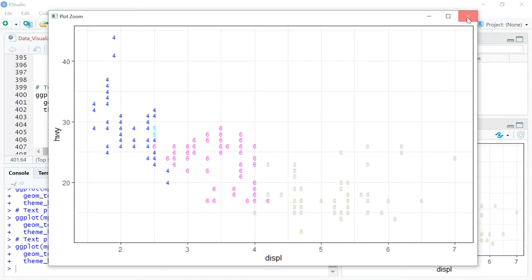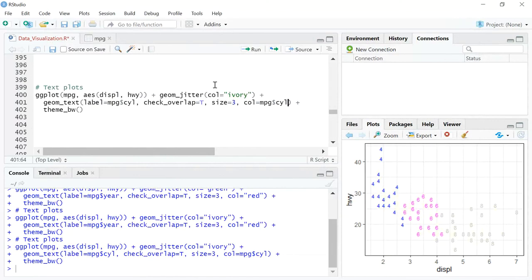So I hope this was useful. Thank you for watching. You can play around with geom text, and maybe you can even write geom label just to see a rectangle made around those labels. But I prefer all labels to be without any borders, so I generally don't use the geom underscore label. You can try around with various different types of colors. You can see if you can increase the size and see how it comes through.